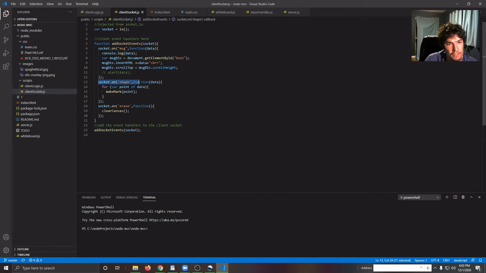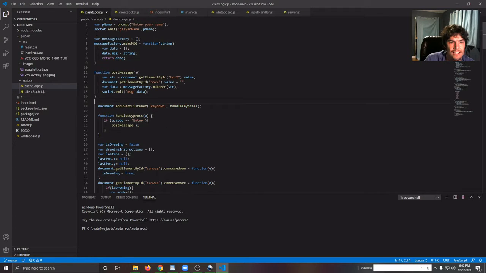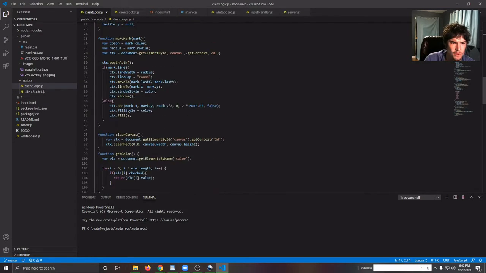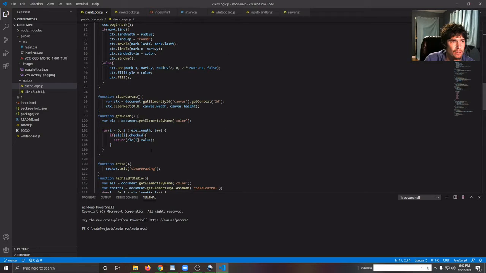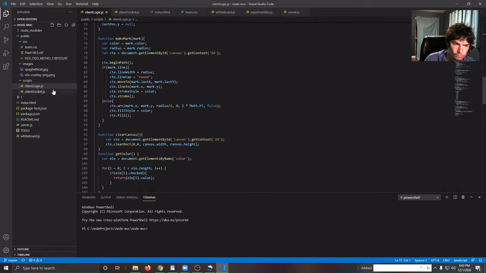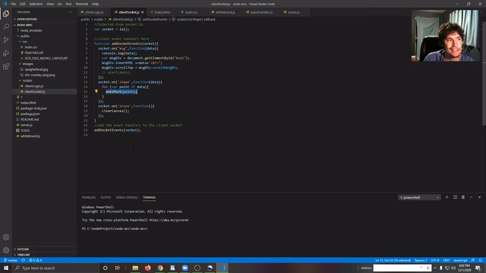Whenever we get a shape from the server, and a shape, remember, is a collection of marks, then we're going to do a make mark on those, which is a custom function that's built into the client logic. This is where we handle all the actual drawing within the view. So client socket is the client side of the controller. Now on the server side,